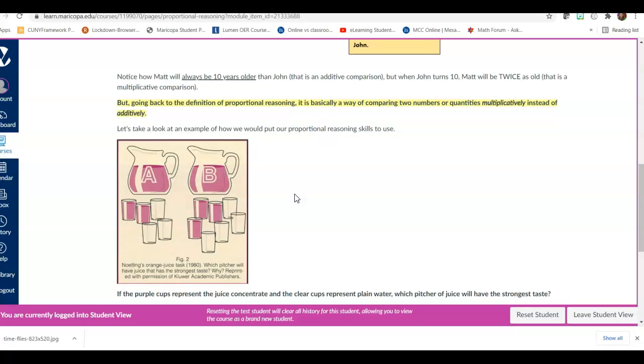So we maybe add more mix or add more water or add more lemon juice or add more sugar, whatever it is that we need to get that perfect ratio of sweetness. And that's what this assignment is all about. And hey, that is proportional reasoning, whether you knew it or not. You're doing mathematics when you think you're doing something just as simple as making a pitcher of lemonade or maybe